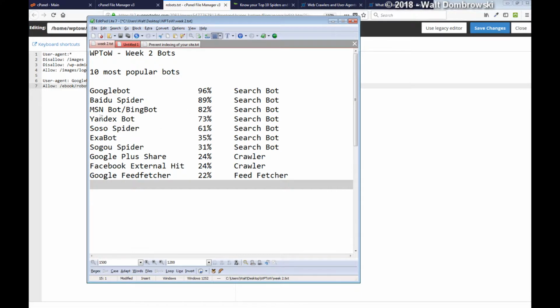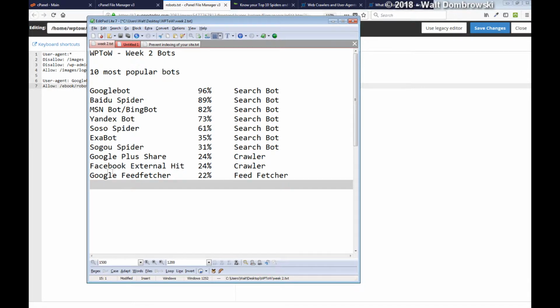Yandex, a Russian search bot, very popular in Russia, 61%. Exabot, 35%. Sogou Spider, 31%. And then a couple of crawlers, Google Plus Share at 24%, Facebook External Hit at 24%,